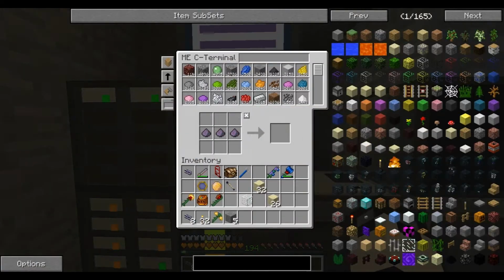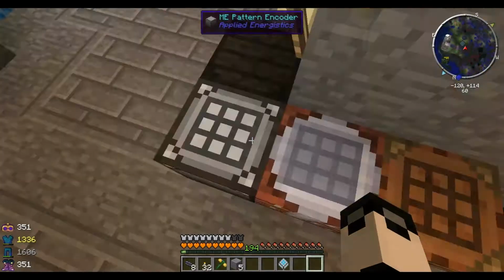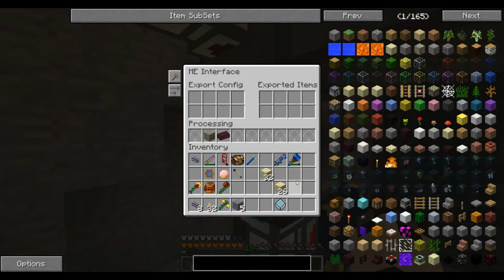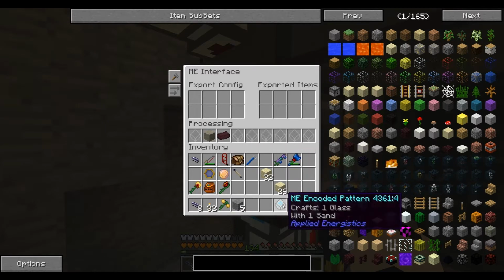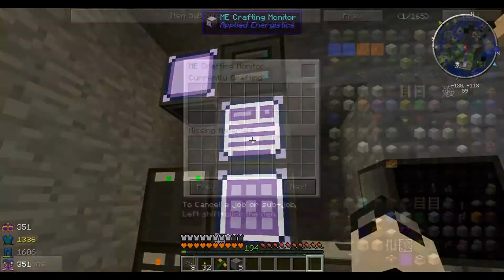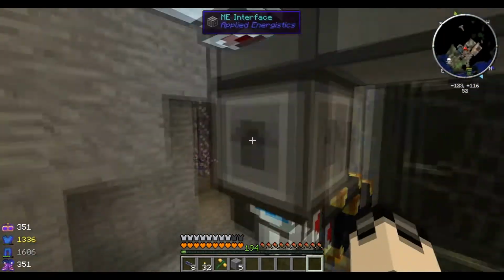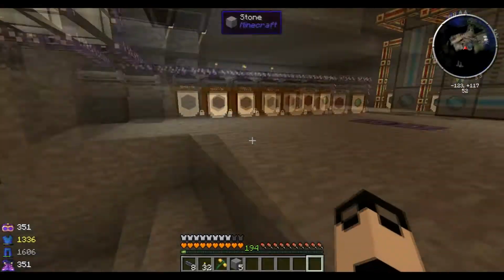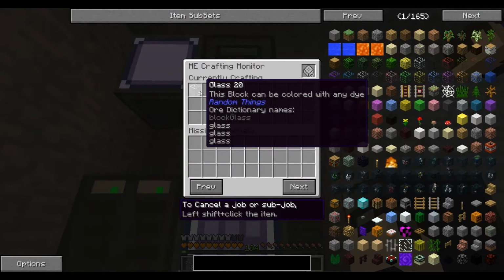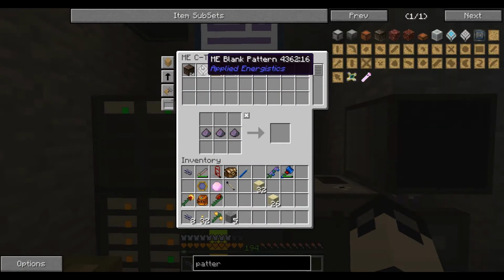Oh, there's one. Good. 1 glass, encode. And we throw this in the smelting one. If we throw this in the smelting one and go upstairs and look in this one, it's not missing the material because it automatically outputs glass into this one whenever it needs glass. So it's crafting glass. And if we look at patterns, 3,